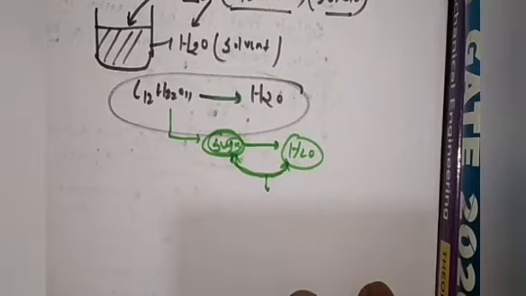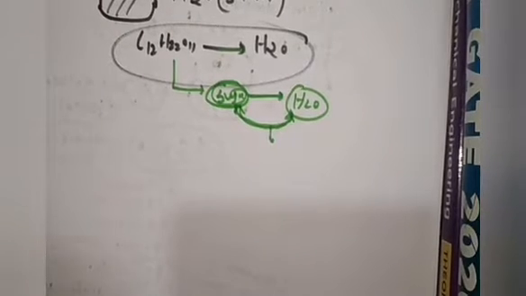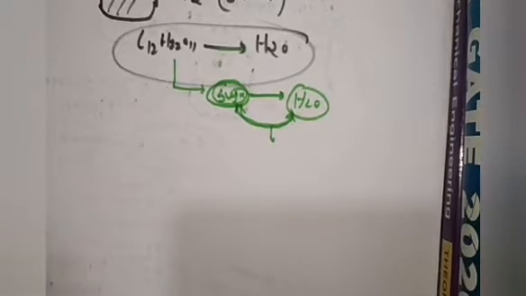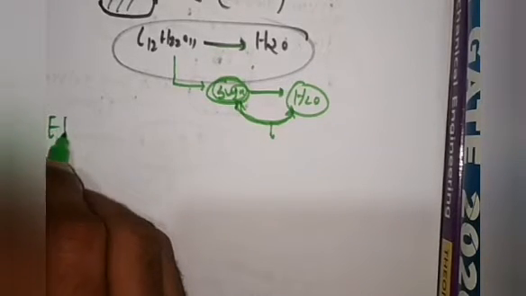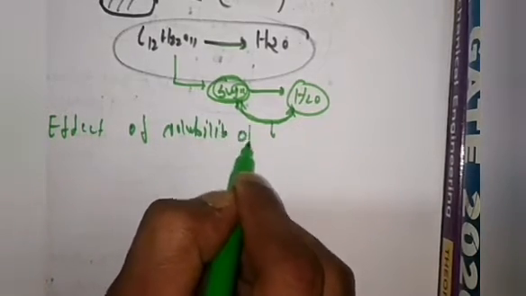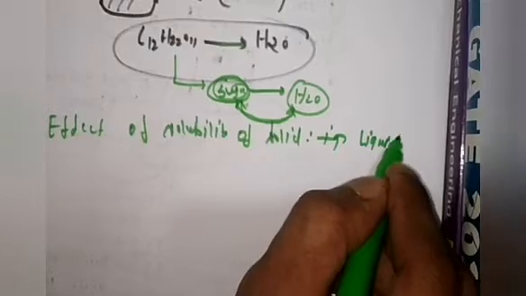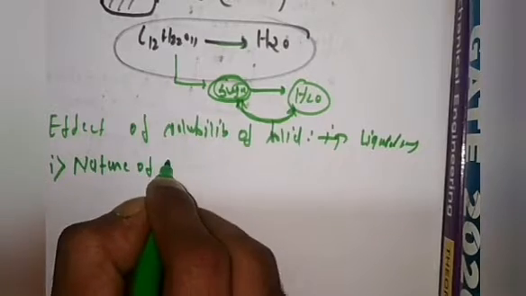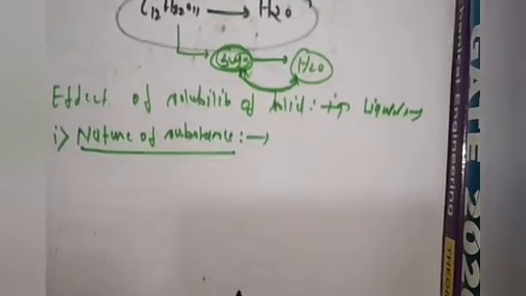Okay, now understand that thing, the effect of solubility of solid in liquid. कैसे solubility of solid vary करेगा liquid में, उसके बारे में अपने को बताना है कि क्या reason हो रहा होगा जिसके कारण solubility of solid in a liquid differ करेगा. तो first, मैं just topic बना रहा हूँ कि effect of solubility of solid in liquid. तो first आ जाता है आपका nature of substance.